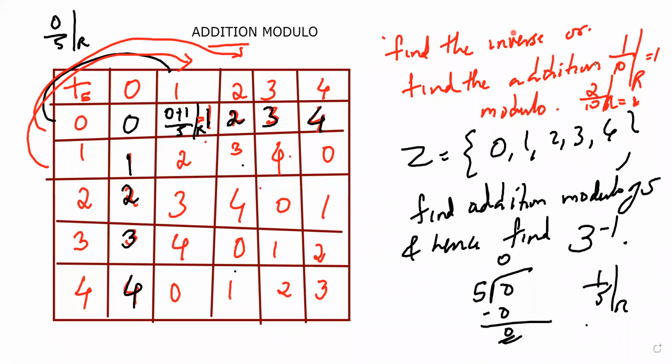Clear. Yes. Now the question is, we made a table, correct? Addition modulo of 5 table we are done. Now to find 3 inverse, how do we find 3 inverse? So this is the kind of question in entrance they will ask. So first thing for us is draw the diagonal, let me see whether I can draw a diagonal like this. Okay, I'll try to draw a diagonal.